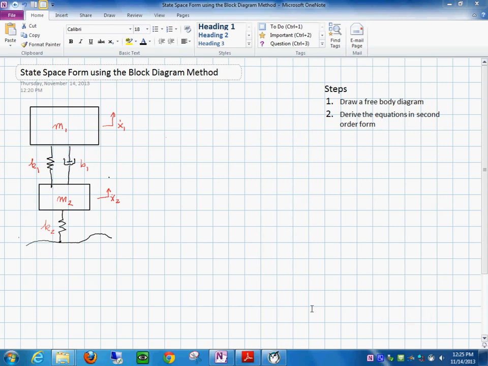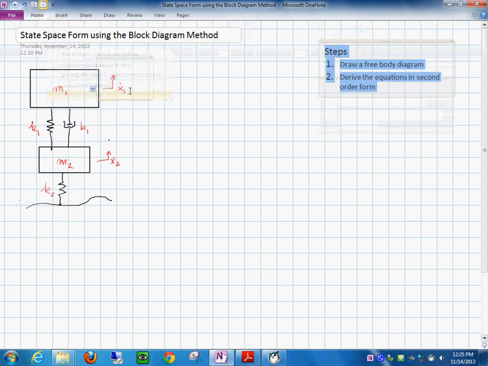Okay, today I'm going to talk to you about the state space form of the differential equations using the block diagram method. So in here I have outlined two steps that we need to do first, that you are familiar with, and that is to draw a free body diagram and then to derive the equations in second order form. So let's take those two steps first, and then I will outline the next objective, which is to get the